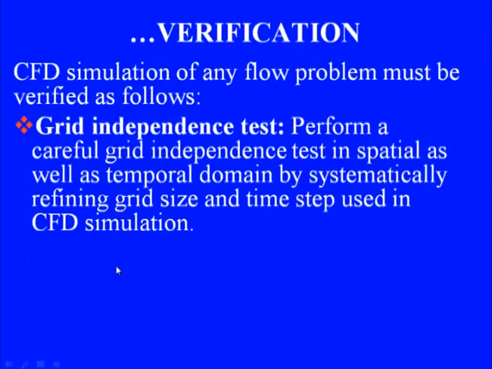In this step, we take a sequence of refined grids, a coarse grid, a medium refined grid and a very fine grid. So, we will take at least 3 grids in space, and similar steps we have to perform in time, and then obtain a solution with each of these combinations and see if we are able to get a solution which does not vary by refining our grid any further. So, that solution would be what we call a grid independent solution. So, this step would yield a grid independent solution,